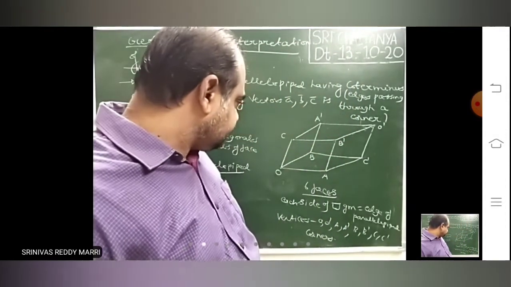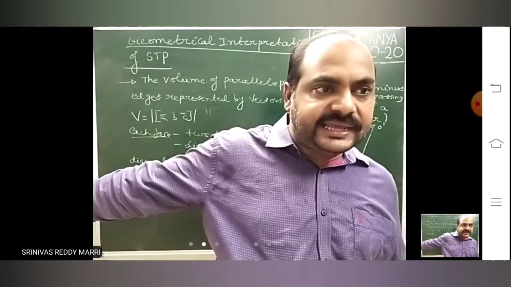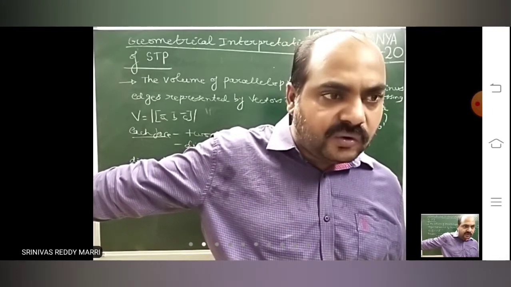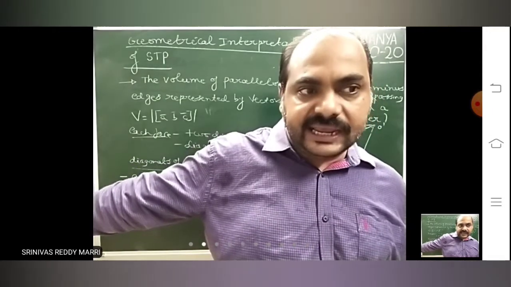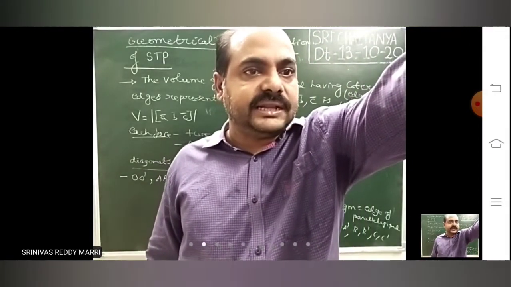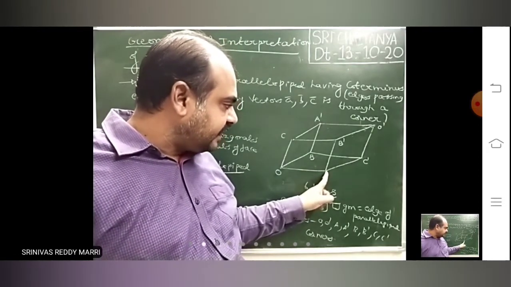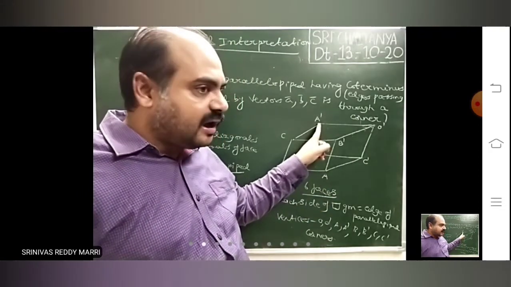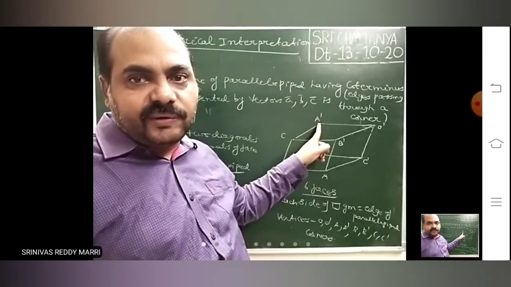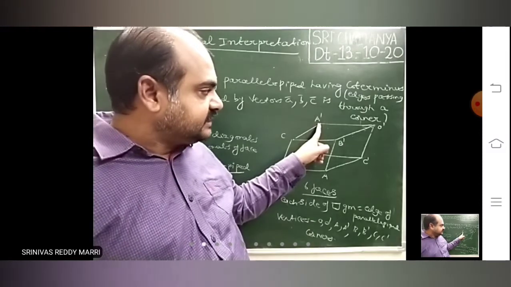Similarly, let us say to my right A is there. To my right A is there, ground corner. From that A, connect to the opposite one. This side will be there. That is A dash. Look, this is A, a ground corner. Oppositely, the upper corner will be there. A dash. That is one diagonal. That is called a diagonal of the parallelepiped.